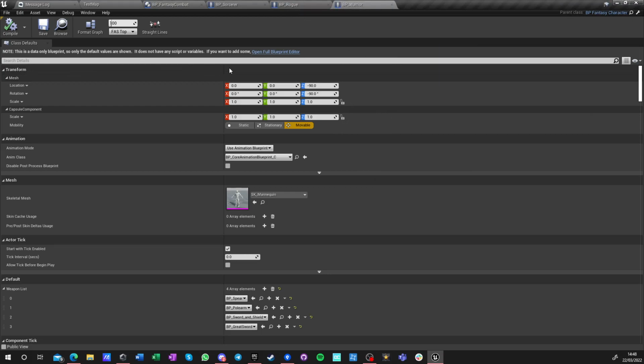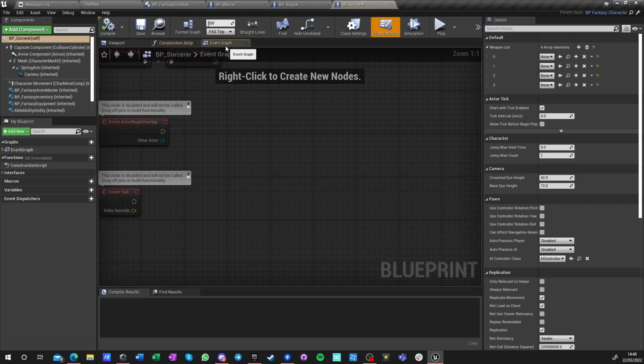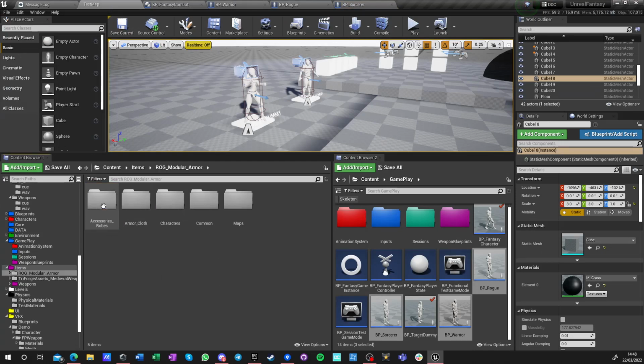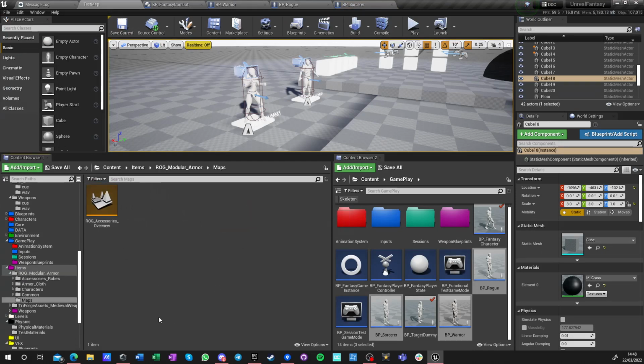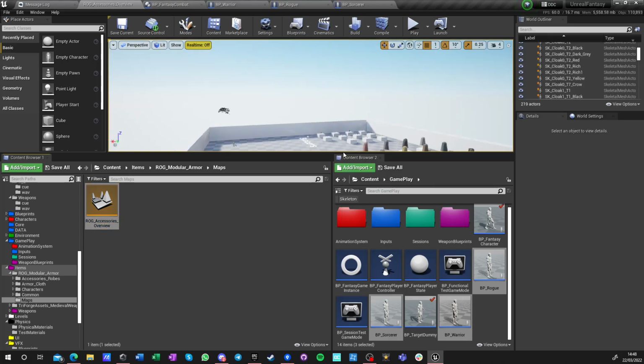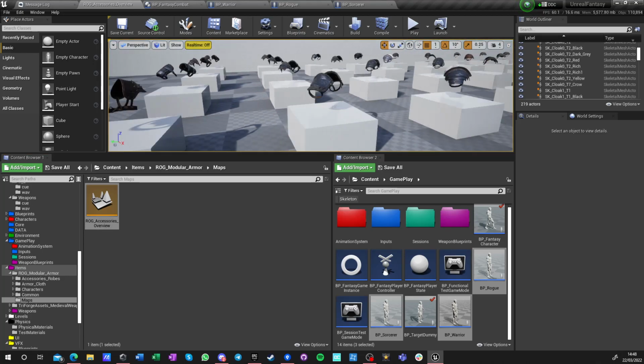Okay, full. Let's start with the warrior. So what we want to do, go here. We got a map. Let's see if the map broke completely or not. If it didn't, then we want